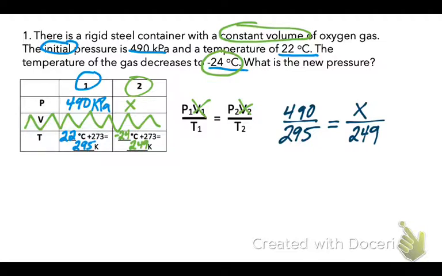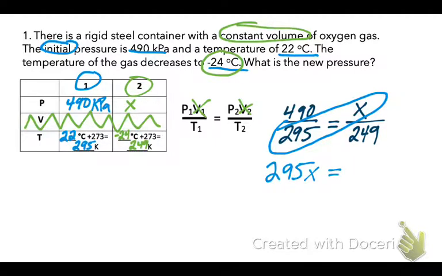What I like to do if I see 2 fractions on each side is cross multiplication. So when you do cross multiplication, some people like to call this the butterfly method, because watch this, it's going to look like a beautiful butterfly. So 295 times X will give you 295X equals